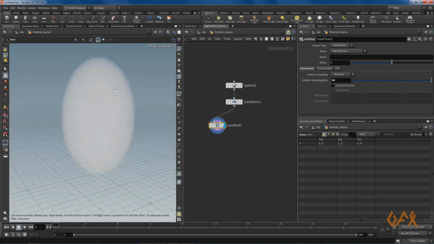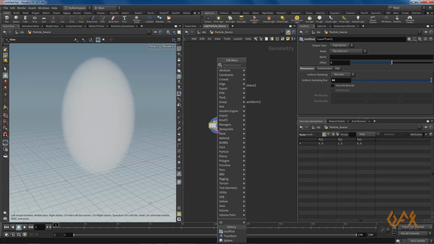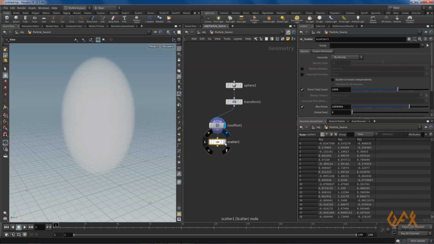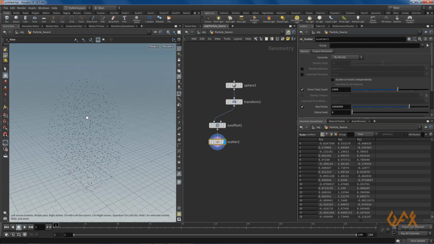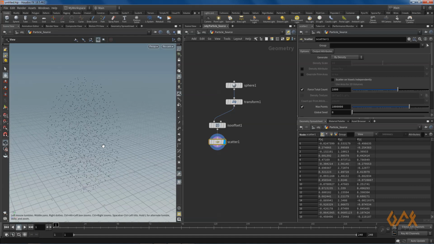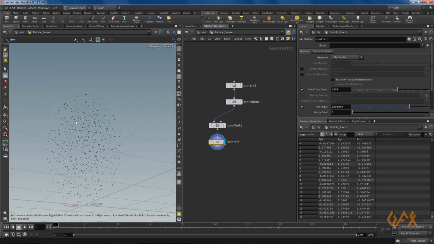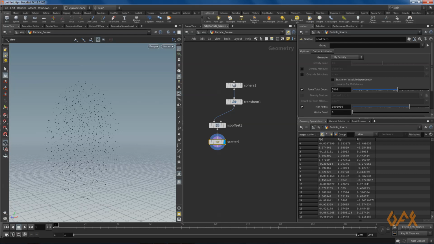Okay, so it will give me a sharp fog volume for this geometry. Now here I create one scatter and now you see you get some particles, or say points, inside this volume. So I just increase the total count to maybe 4000.